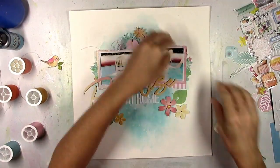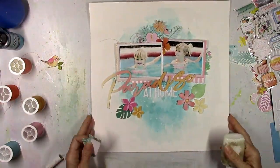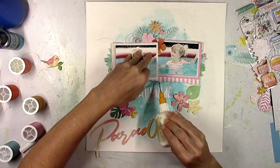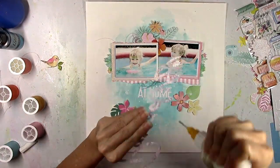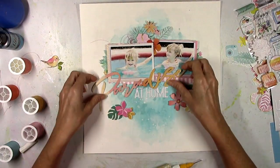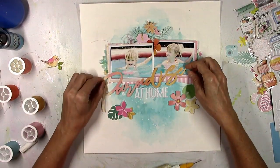I think it just makes it sort of pop off the page, and I like the shadowing that it creates. So now is when I'm going to start to glue things down. I like the way everything is, and I'm going to very carefully start to glue everything down. And I know someone's going to ask me, I am using the Scotch tacky glue in my fine liner bottle there,